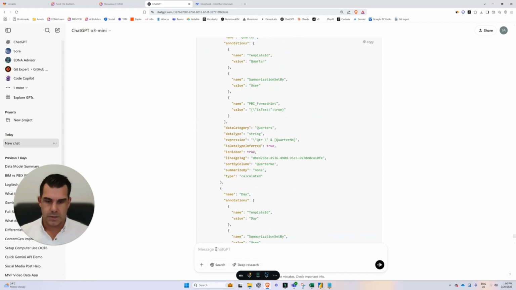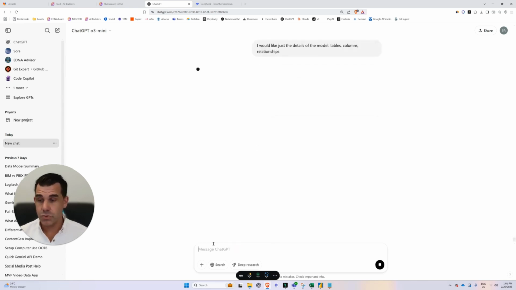Okay, no, I didn't want that. I would like the model to be in... I would like just the details of the model: columns, tables, columns, relationships. Okay. So what we can do with this, and this has really opened my mind about an